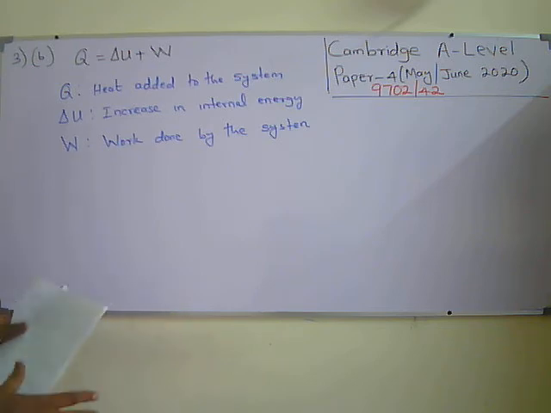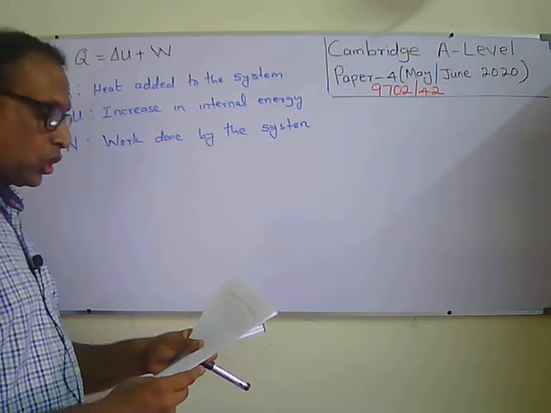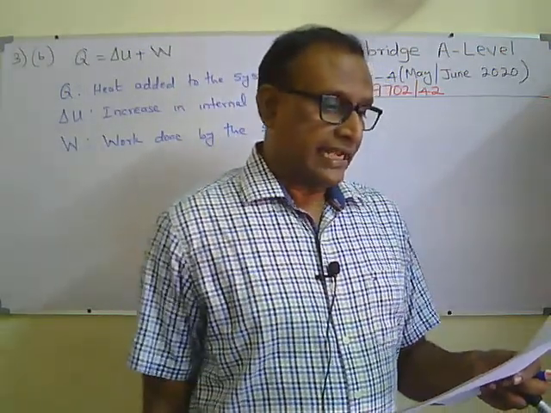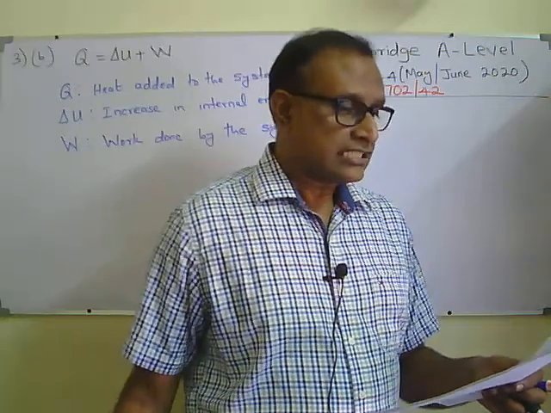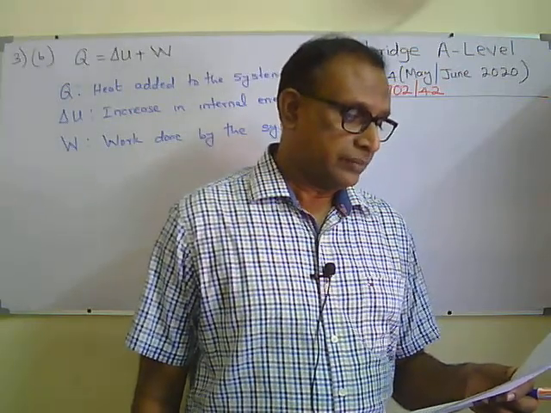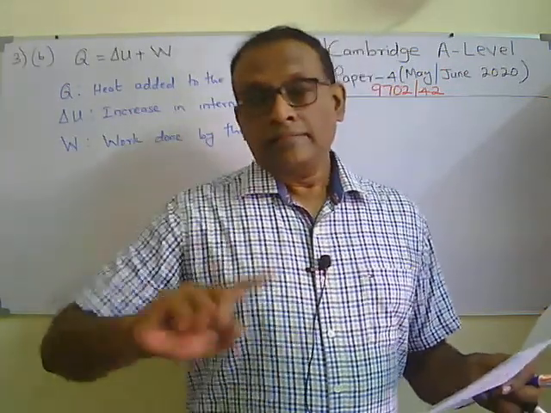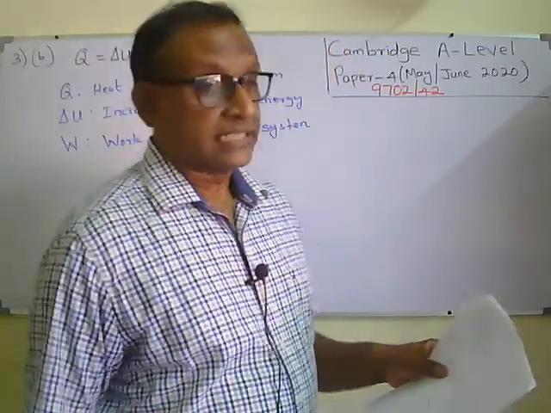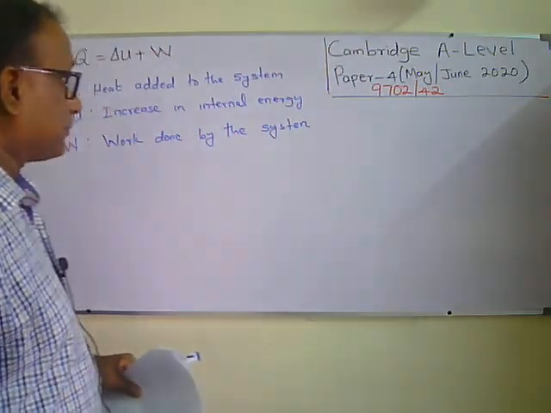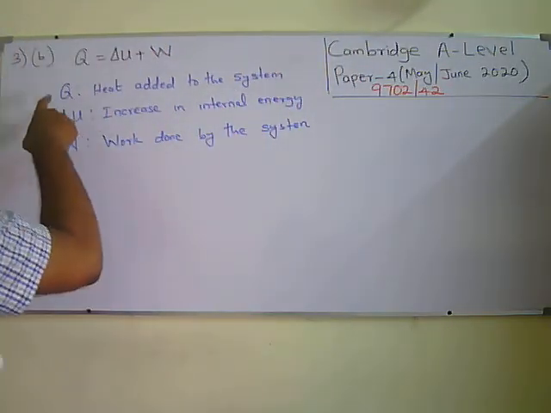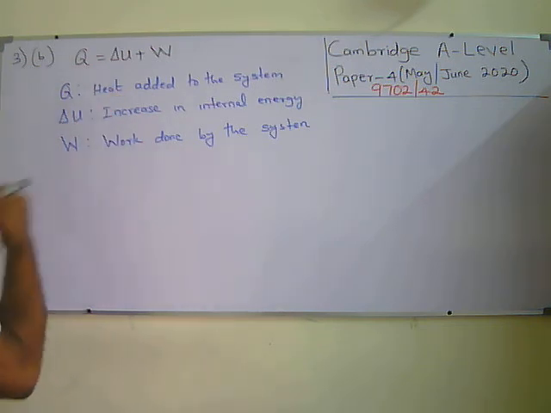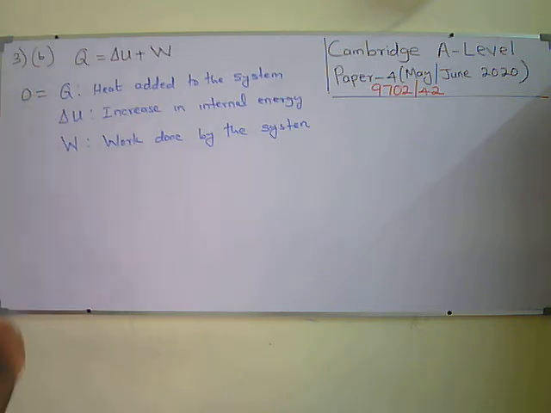Okay, the next part. They are saying some gas in a toy balloon, when the balloon bursts and no thermal energy enters or leaves the gas. So we need to explain the change in internal energy of the gas in a toy balloon when the balloon bursts and no thermal energy enters or leaves the gas. Actually, this is called an adiabatic process, but that word we don't use much. Anyway, what's happening? They are saying no heat enters or leaves the balloon. That means Q equals 0. Remember that.